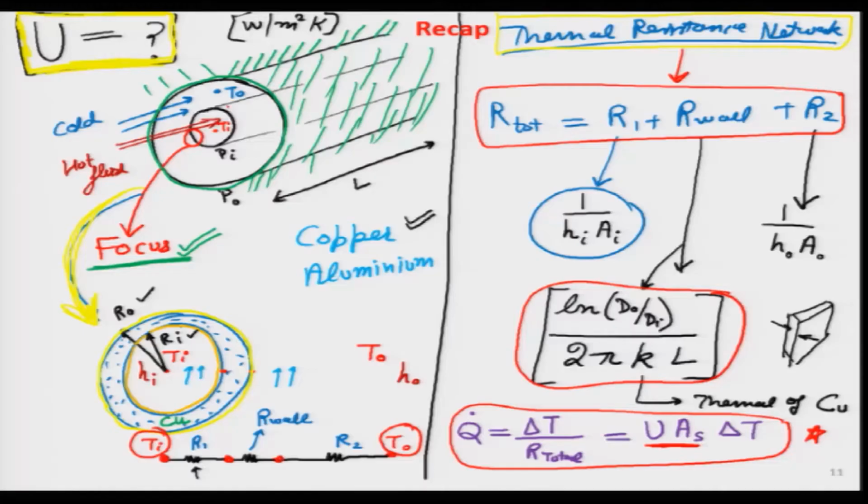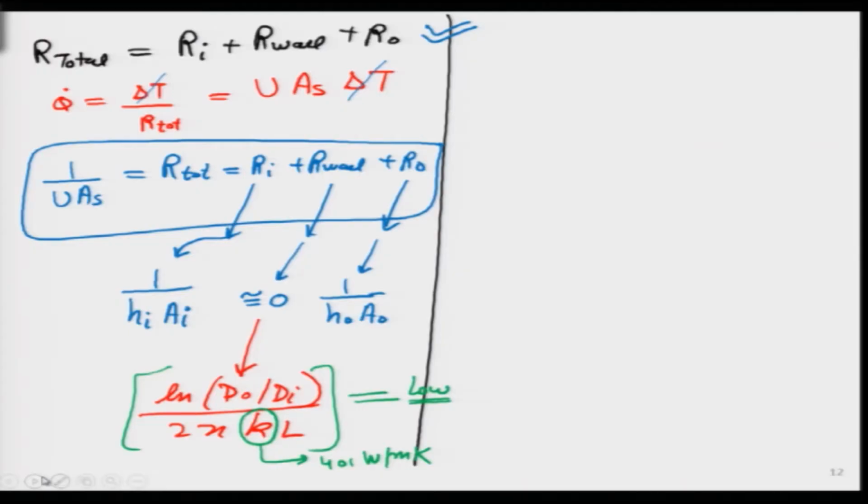Which pipe are we talking about? We are talking about this pipe over here, which I have zoomed in and shown over here. In reality this thickness will be very small, and a student may ask why we want to keep that thickness small. It is because, what purpose is that surface solving? We have to think as engineers and scientists. That purpose is simply to separate the two fluids and to sustain the weight of those two fluids, because gravity will be acting, so a little bit of support is required. But in reality, we want the thinnest layer of copper which does not collapse, which means even the numerator over here will be very close to 1.